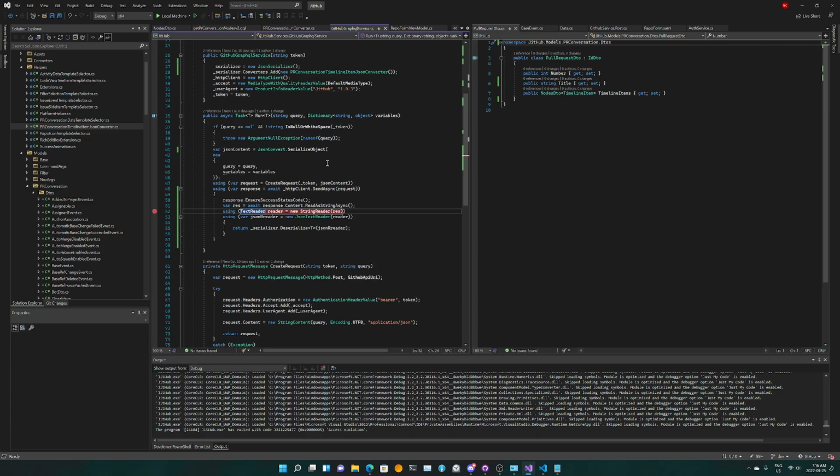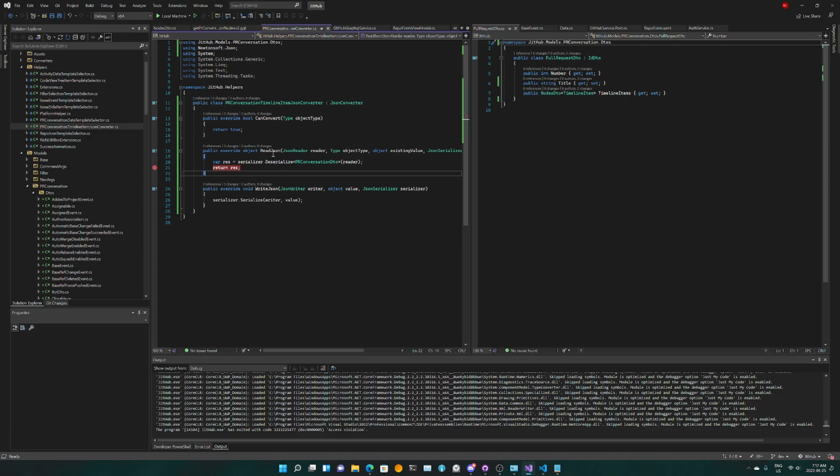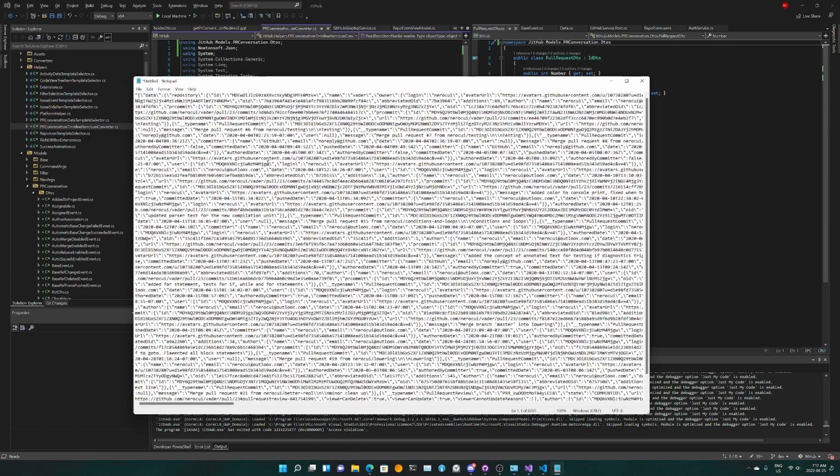Alright, okay, the app just crashed again. I don't know why it crashed. Maybe it's because it was deserializing it and it didn't get all the data. JsonSerializer, serializer.deserialize. And it was supposed to work, right?